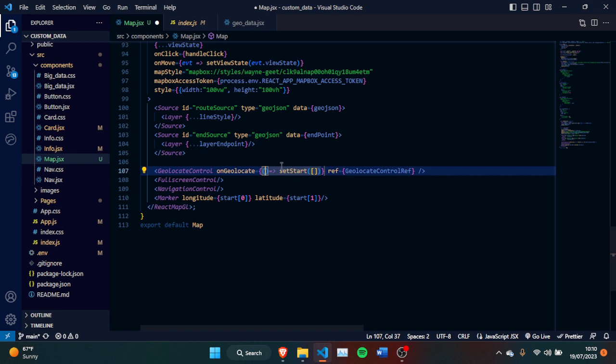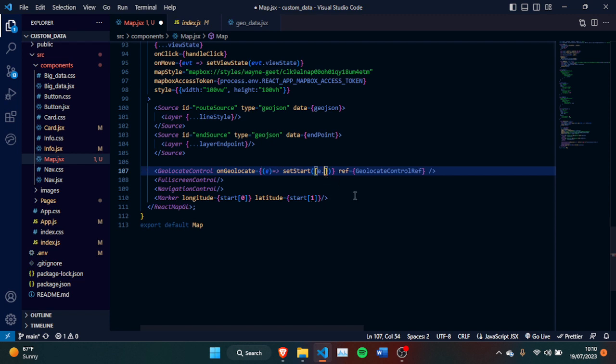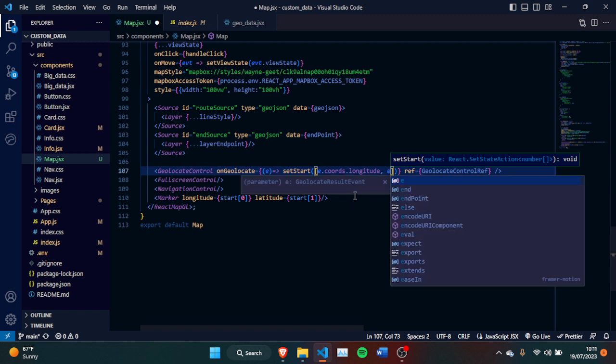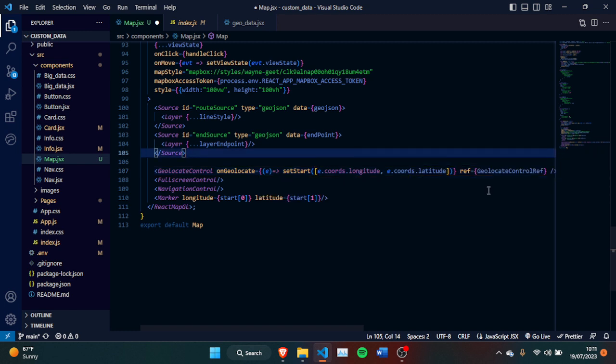Okay, we can just go ahead and see that, but no, it's going to take some time. So I can access this handler onGeolocate, and I can get the longitude. So that is e.coords.longitude. Then I can also get e.coords.latitude, like so. And so if I save that, every time,